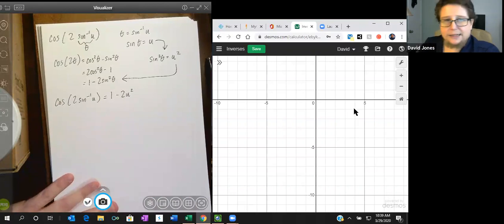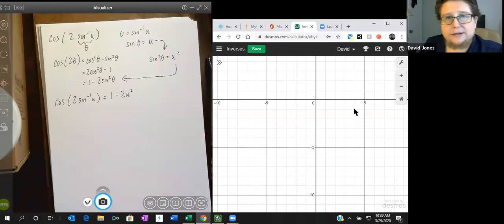I hope you enjoyed this. Remember, you're not gonna be tested on the reciprocal functions. You do need to know how to graph the inverses for sine, cosine, and tangent. You need to know how to do a bunch of these problem solving things that we've just done. You need to be able to find the inverse values for the functions. Graphing them for the reciprocals, no. Should be able to work with the reciprocals, but